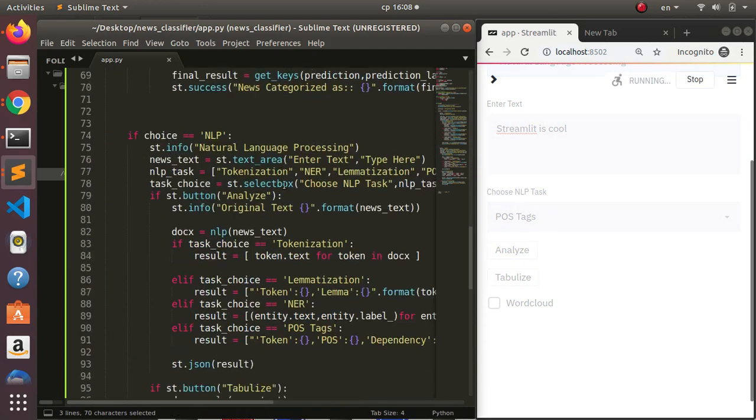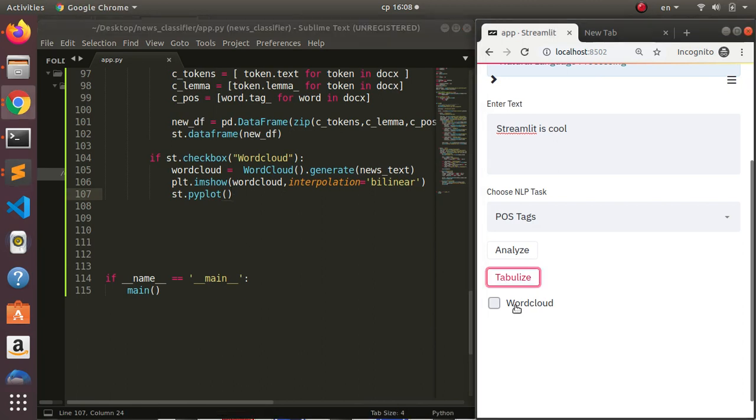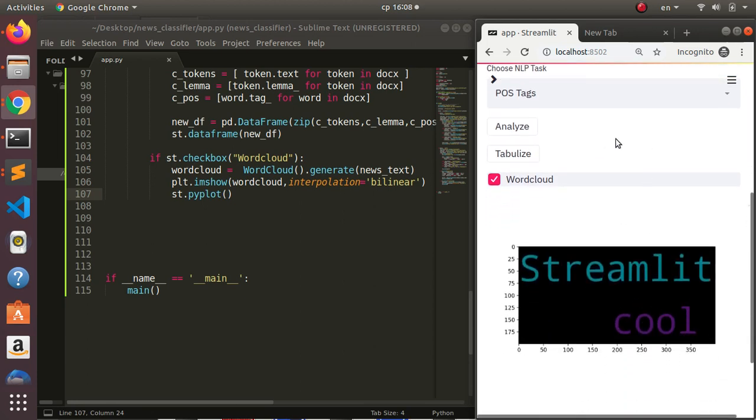So now let's come back to here and let's save it, and let's see what we have done so far. So if I go with the word cloud, let's see whether it's going to give us some plots. Taking some time to analyze, and voila, right? Streamlit is cool. It wasn't able to bring the "is" because it's automatically tokenized or automatically strips off stop words, right? "Is" is a stop word. So now we have to take off this particular stuff because this is not user friendly. So we can do that by going with